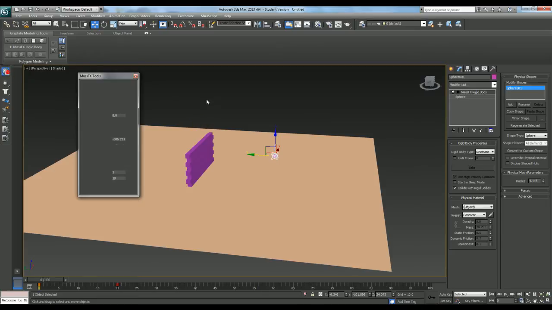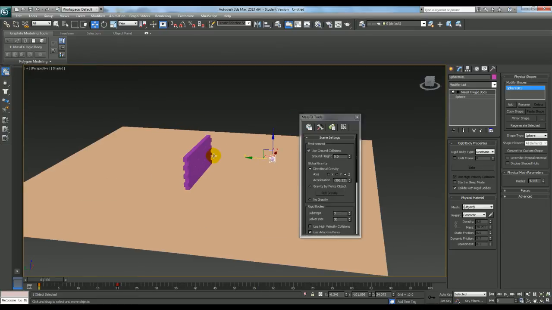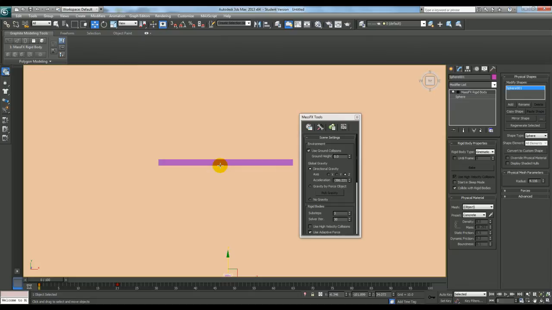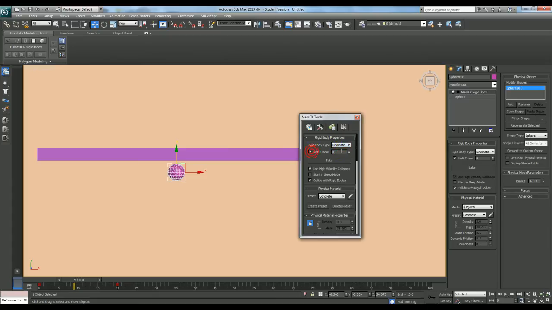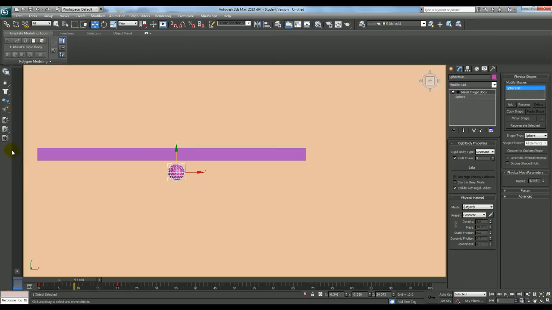I'm gonna open this and I'm gonna press T to take me to the top view. I'm gonna slide it over my timeline and let's go right before the ball hits the wall. For me, it's frame 9. So over in rigid body properties, I'm gonna change this to until frame 9, it stays kinematic, and then it changes into a rigid body. So now when we go back and play this,